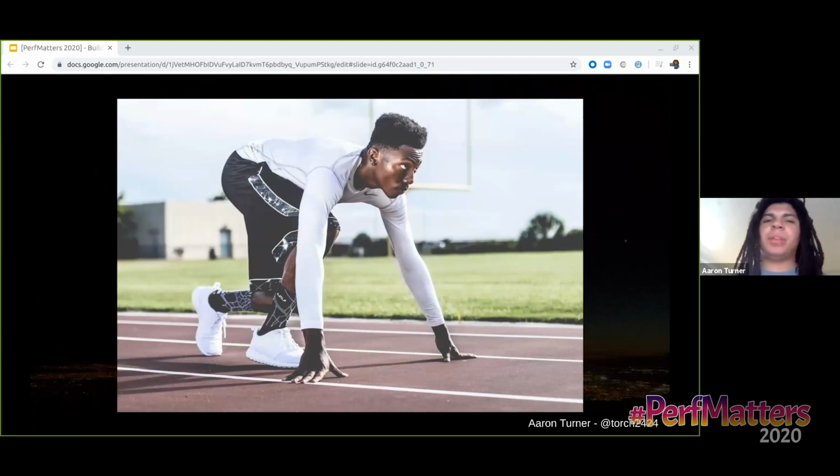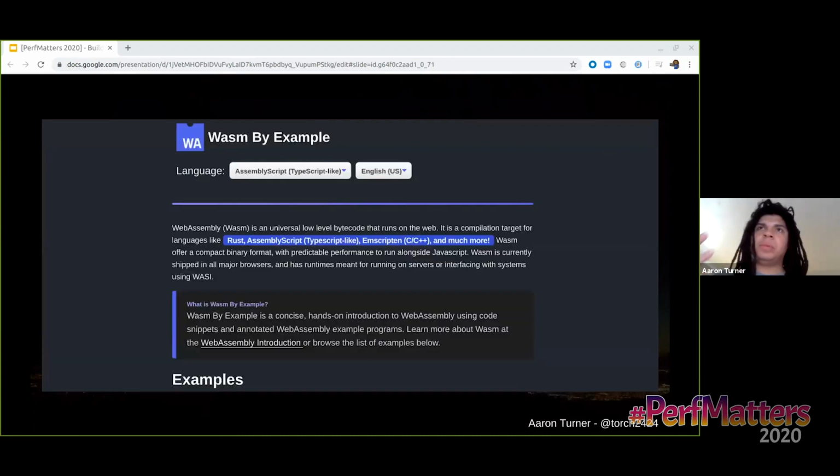How do we get a running start with it? There's this website, WASM by Example. It's made by me. Essentially, it's like Go by Example: bite-sized, copy-pastable tutorials and examples that help you learn the concepts in a language of your choice, so you can understand things like linear memory,